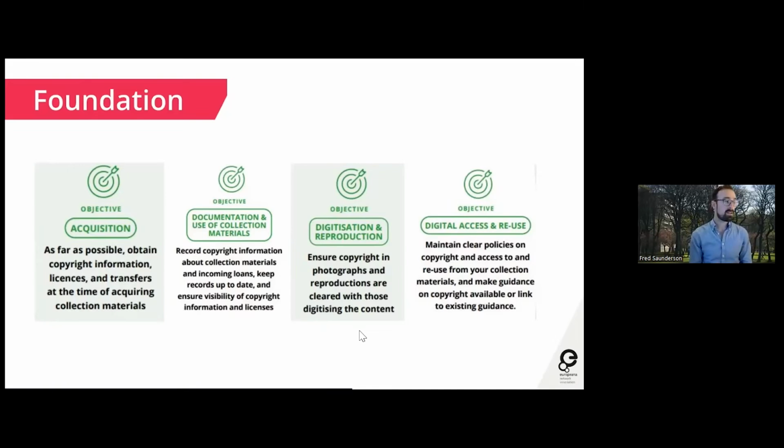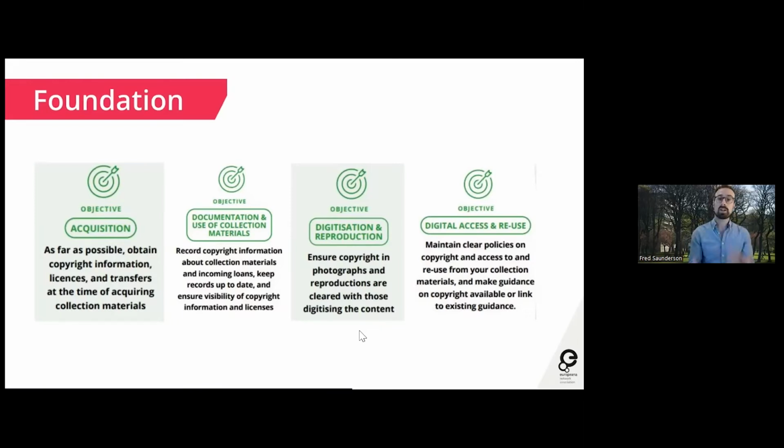So we recommend that there are 4 objectives that you should be seeking to meet when you're setting your copyright foundations. The first of these is around the acquisition process. We're saying, as far as possible, to obtain copyright information, licenses and copyright transfers, if applicable, at the time of acquiring collection material.